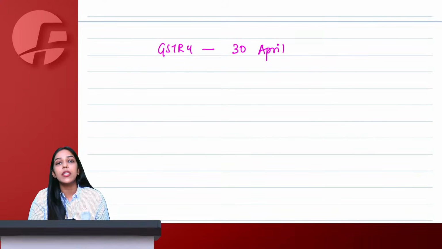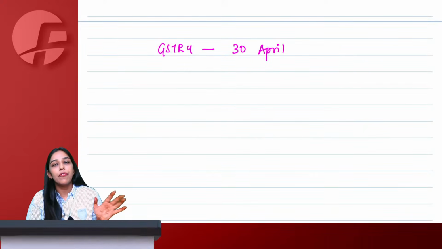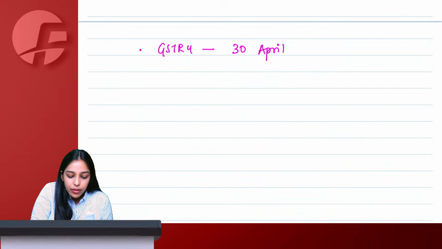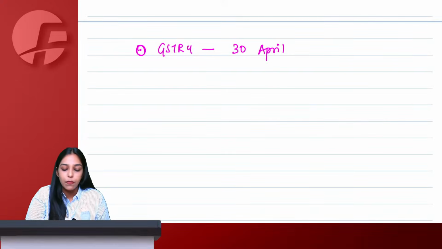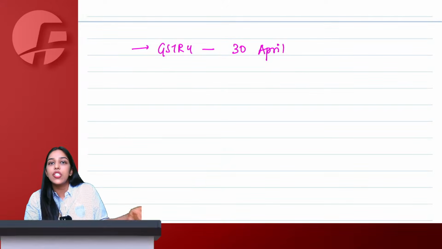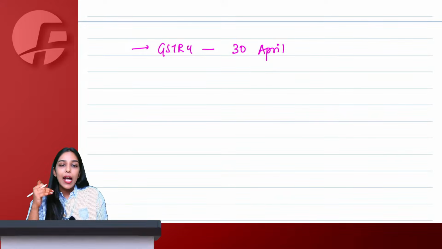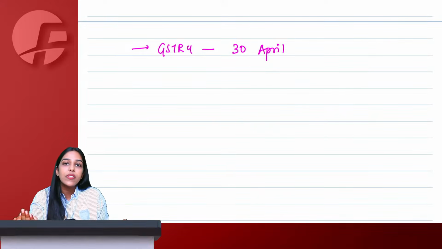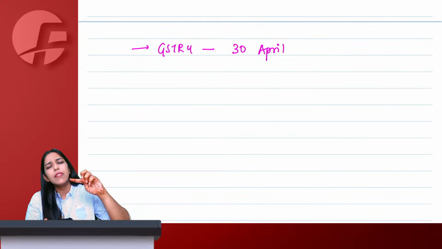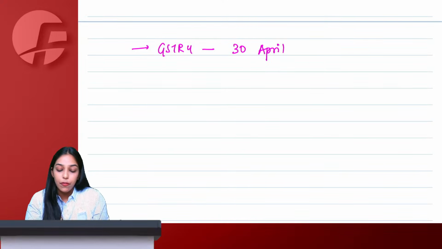There was also a provision with respect to annual return. But as of now, it is not applicable because anyways, only one return is filed for the entire year, GSTR 4. Then there is no need to file an annual return. The law has a provision of annual return, GSTR 9, but the due date is 31 December, as it is applicable for all the normal annual returns. But as of now, you are not required to file that return as a composition person because anyways, you are filing only one return, which is GSTR 4.